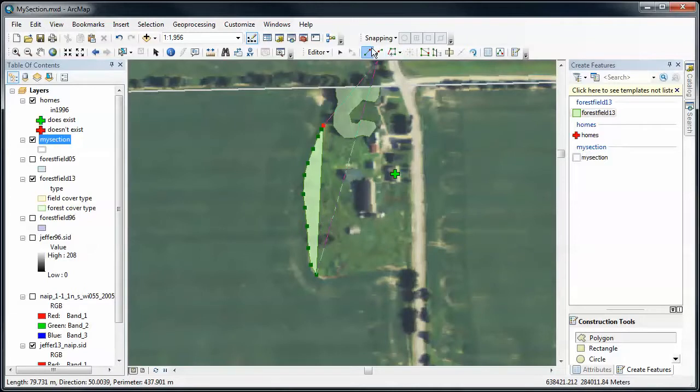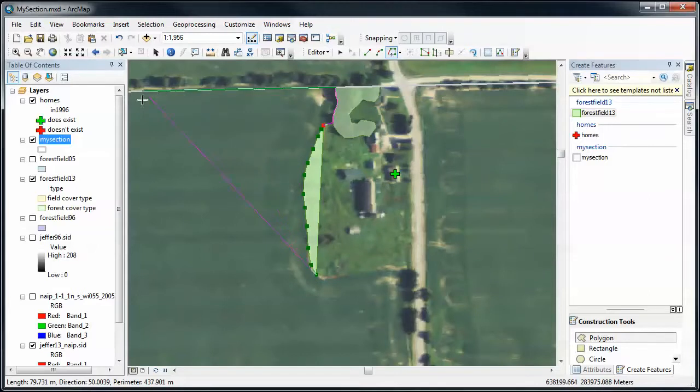So we're going to be switching between different modes of editing here, and now I want to trace. I'm going to click on the trace tool and then click on the edge of that polygon. And now if I notice, it will trace that edge. I can see where it's tracing. So I'm going to go all the way up to the corner here. And then in this case, I want to actually trace the section boundary,